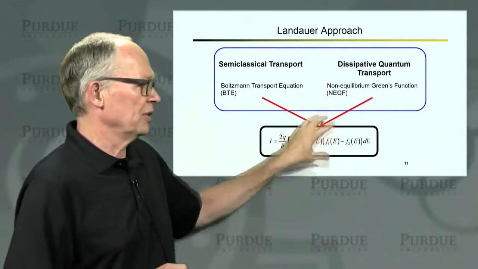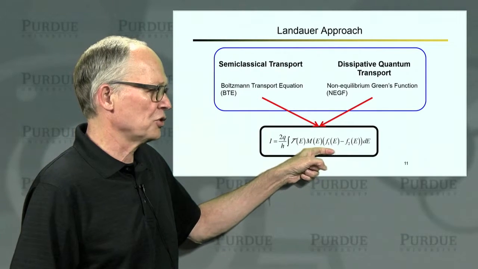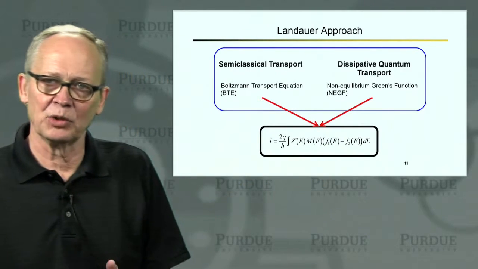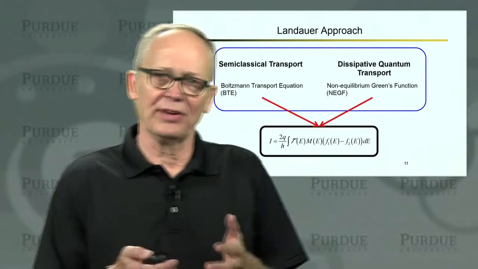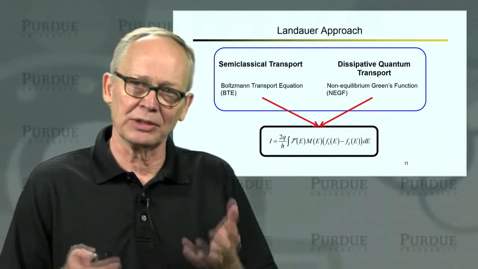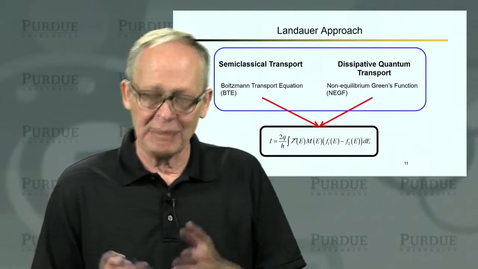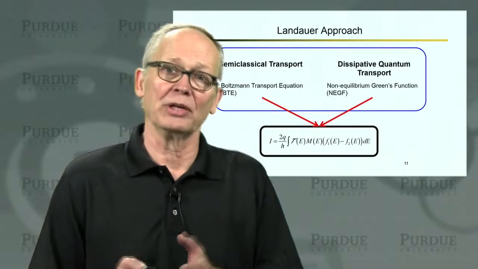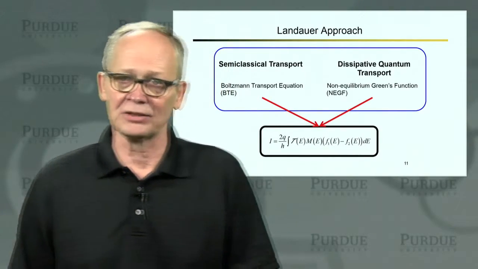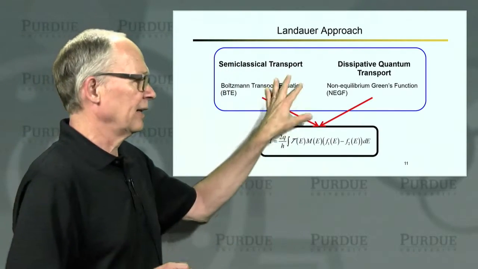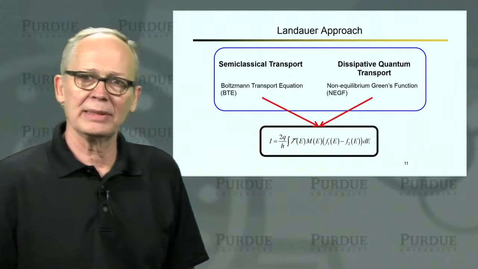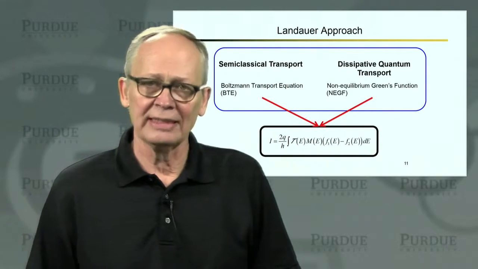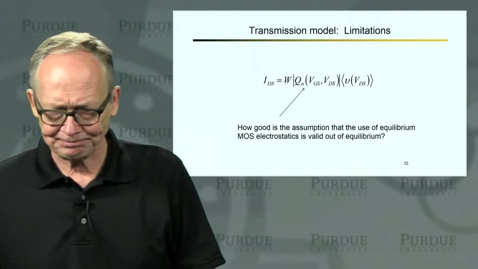And so this Landauer approach should be viewed as something that complements the more detailed models, helps us develop some understanding and insight into what those detailed models are telling us, maybe even helps us pose questions that we go to the detailed models to seek answers for. So the detailed models and the simpler model that we've been discussing in this course actually go together rather well.